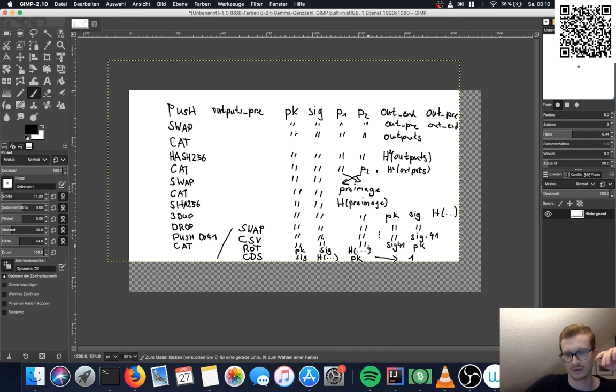If this one signature matches both the check sig verify and check data sig, then the pre-image we have fed in and the pre-image we actually have for the transaction are both the same. And that way we can enforce the outputs.